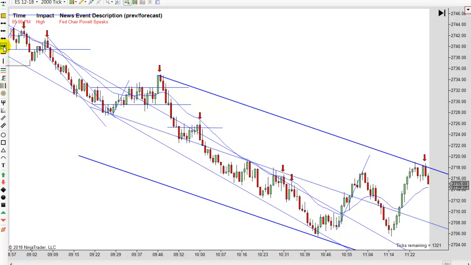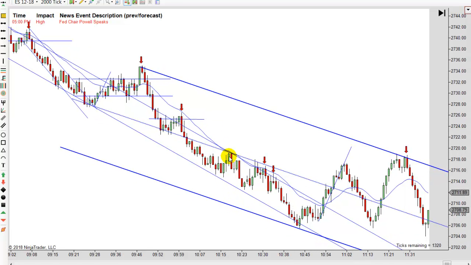But at this point, I'd be looking at this measured leg and thinking, hey, if we go lower here, you can see we bounced right there and then started down again. This one is real tempting. We're back inside the main trend line. You don't really know that this midline's here yet, but you got the EMA and the other trend line. It's just a first entry, so I really probably wouldn't take that one, even though it's off that key,